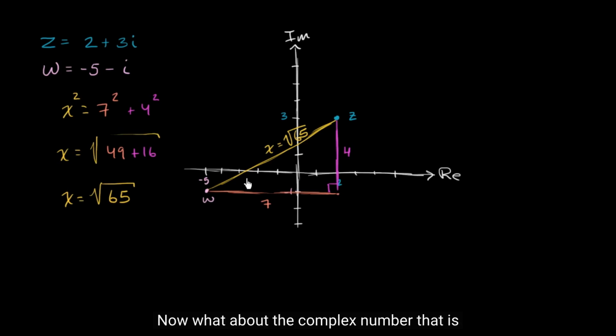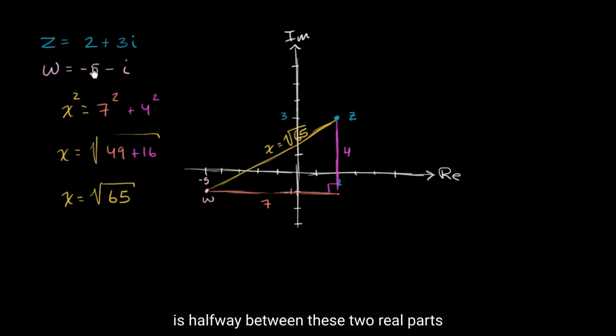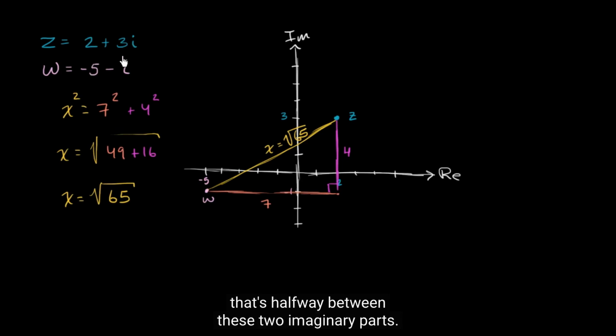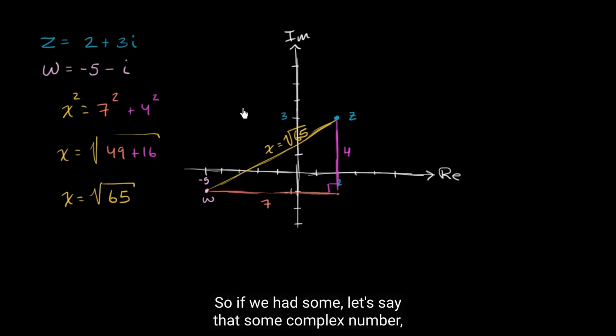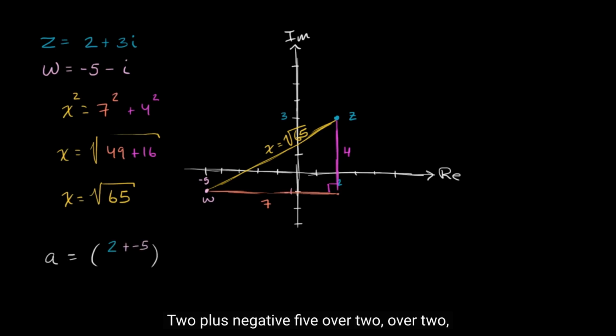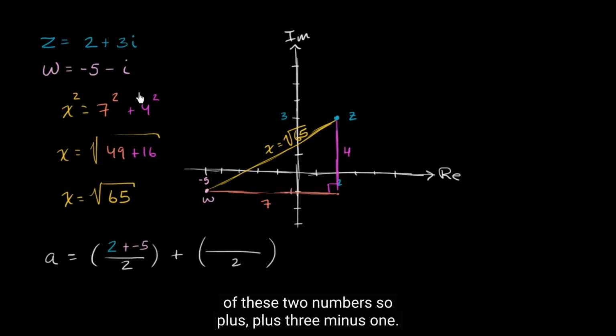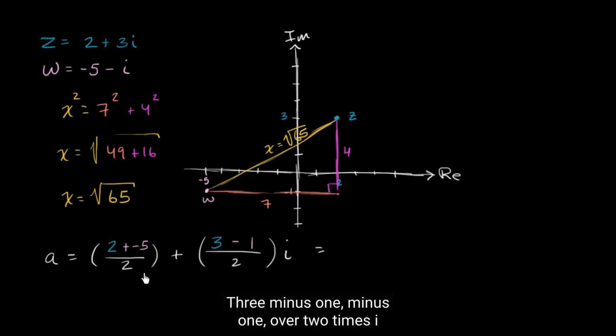Now, what about the complex number that is exactly halfway between these two? Well, to figure that out, we just have to figure out what number has a real part that is halfway between these two real parts, and what number has an imaginary part that's halfway between these two imaginary parts. So let's say that some complex number, let's just call it A, is the midpoint. Its real part is going to be the mean of these two numbers. So it's going to be 2 plus negative 5 over 2, and its imaginary part is going to be the mean of these two numbers. So plus 3 minus 1 over 2 times i,